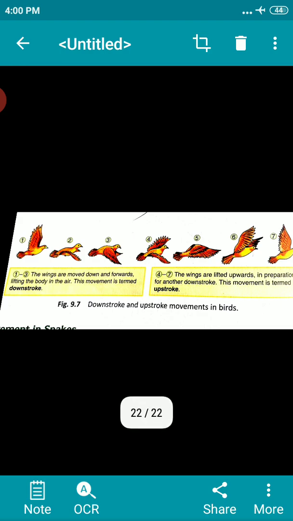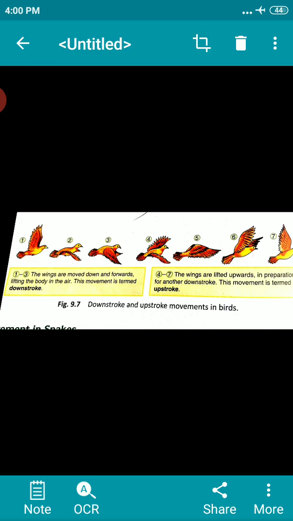Now let's see how birds fly. The birds, you know, are lighter in weight as their bones are hollow and light. The bones of the hind limbs are typical for walking and perching. The bony parts of the forelimbs are modified as wings. The shoulder bones are strong. Their breast bones are modified to hold the muscles of flight, which are used to move the wings up and down. The bodies of the birds are streamlined, which helps them glide in air.